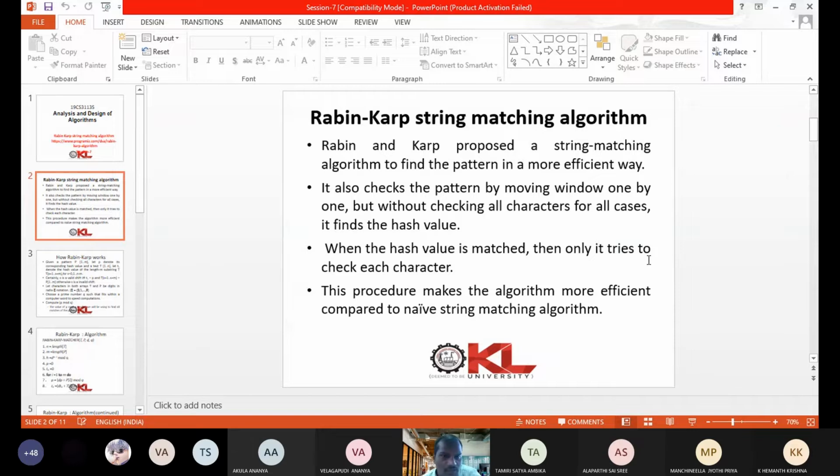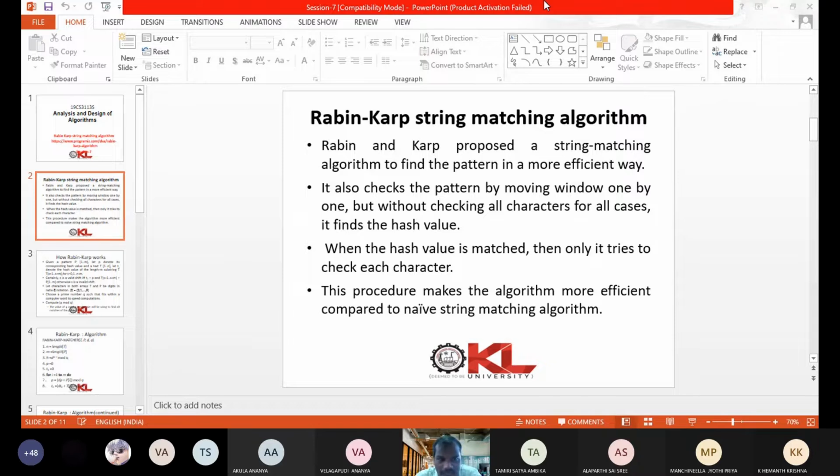This slide is visible, Rabin-Karp. Hemant Krishna, slide is visible. Rabin-Karp. Yes, sir, visible, sir. Yes, sir, visible. Okay. So,